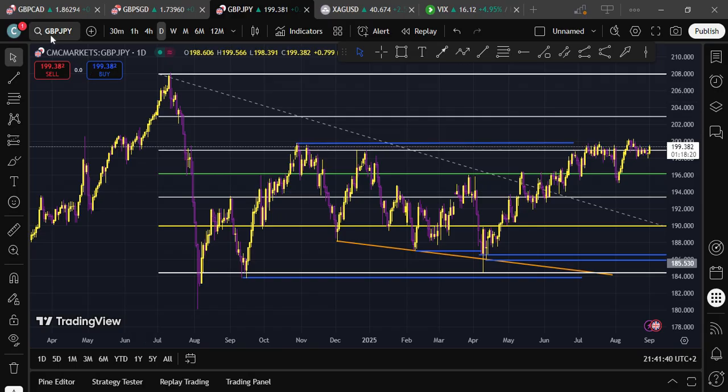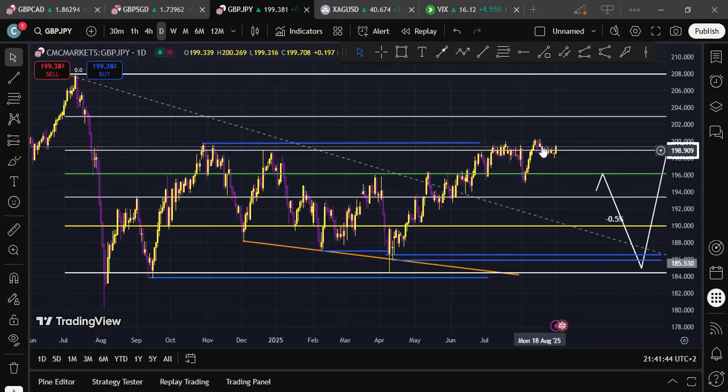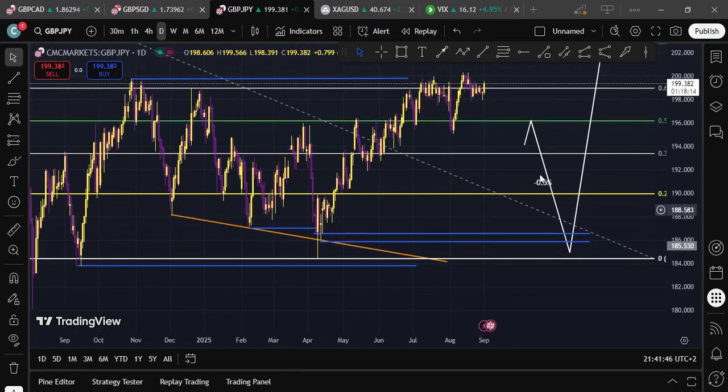So here we have a beautiful economic divergence that I believe will not give us any form of a pullback because of the current economic divergence. The pound will continue to pump, and the JPY in the month of September will also be bearish. That means this currency will continue. The CHF does the same, but